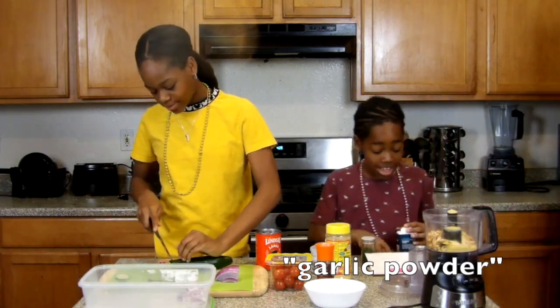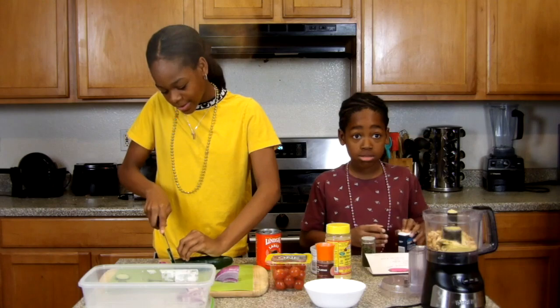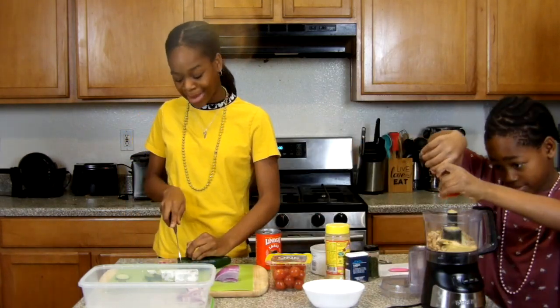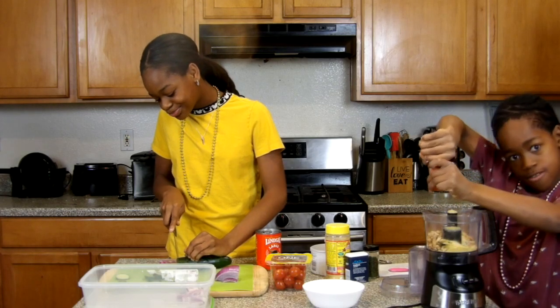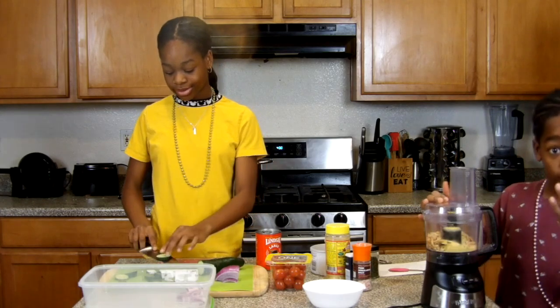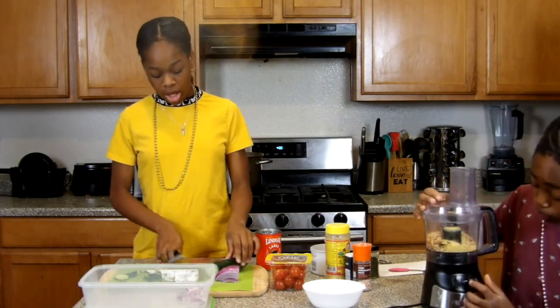Parmesan cheese. And then you're gonna need 2 grinds of salt. 2 grinds of salt. A mountain, you know, climb them up. And you're supposed to pulse it like 4 or 5 times. And you're supposed to go